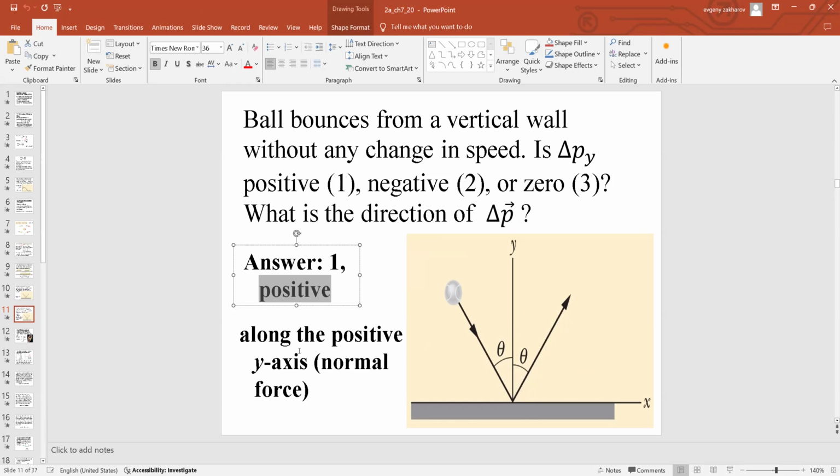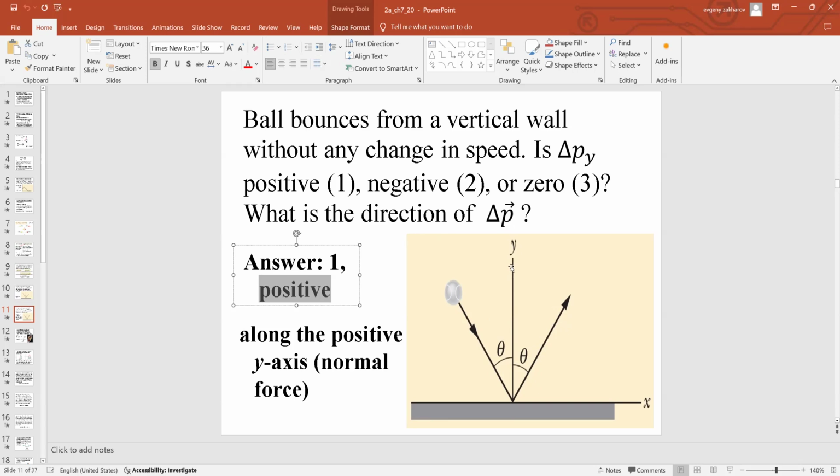And direction is along the positive y-axis. This is the final, take away initial. Take away, remember how you subtract vectors? You add the opposite. So this is the final. The opposite of the initial would be what? North of west. So this plus north of west, you will get the vertical